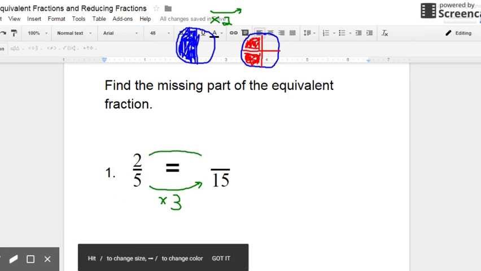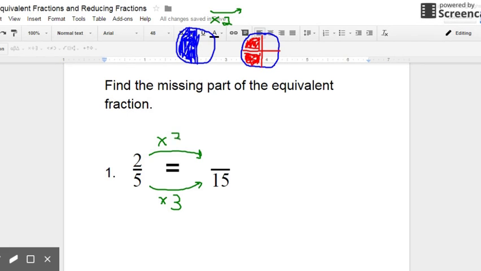So therefore, we have to do the same thing to the top. We have to multiply 2 times the same 3, which gives us 6. 15ths are 5 slices and 15